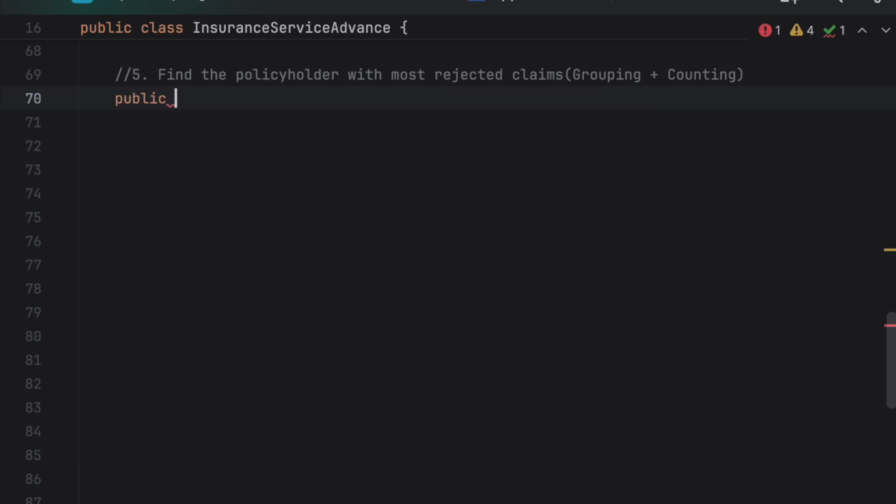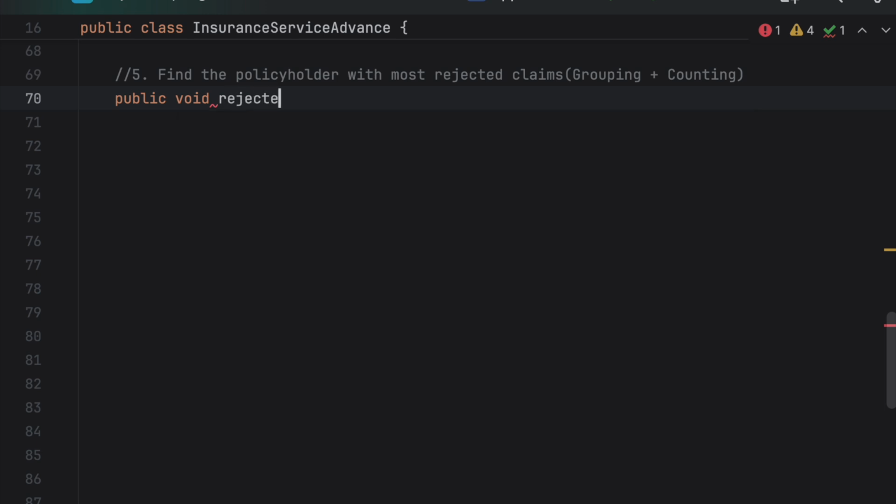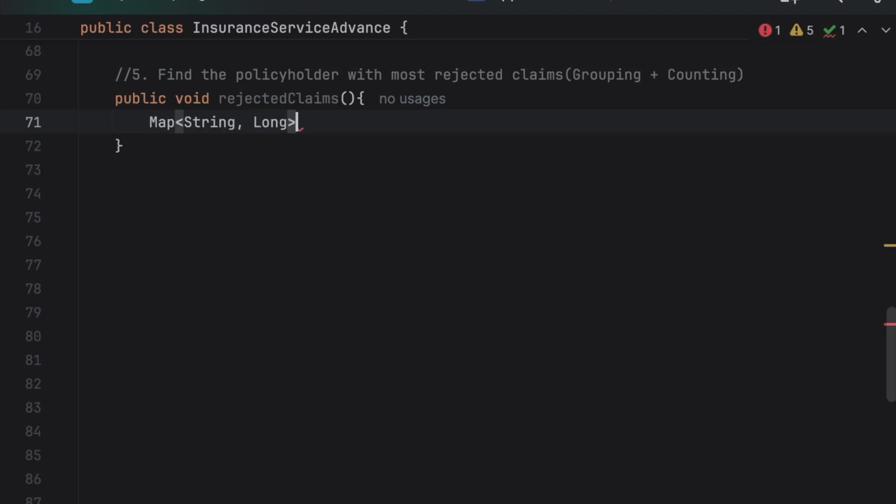So first we'll open our method, which will be a public type, and the return type will be void, and then we will have our name, rejected claims, and then we are going to open our curly braces, and then we are going to define it in our map. So why map? Because map will be having key and value pair where we need grouping and we need to count the values. So the first will be string, which will be holding the name of the policy holder, and the second element of value will be long, which will be holding the count of the policy holder for that particular rejection. We are going to use the same name as our method name, insurance policy header policy, and then